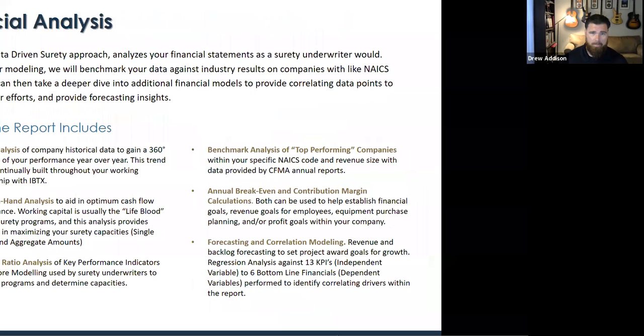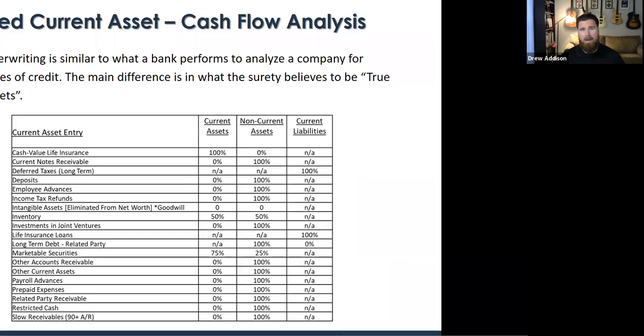From an analysis perspective, we do trend analysis year over year, work on hand analysis, deferred ratio analysis, and I'm going to do a quick explanation of what that is since I have 3 minutes left. We do benchmarking with companies, what's your break-even number of contribution margins, we do forecasting, all of that. What do I mean by deferred current assets? This is part of the underwriting process. Familiarize yourself with this. This slide deck will be available, so make sure you download it. If you have any questions, please feel free to reach out to me.